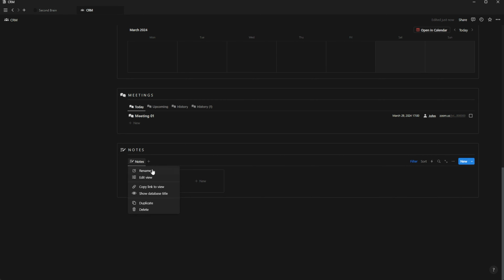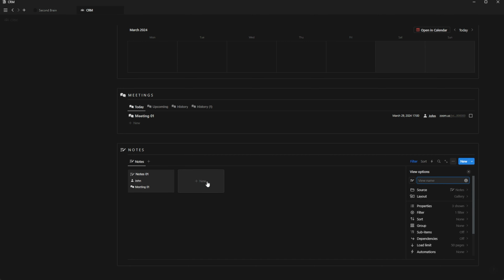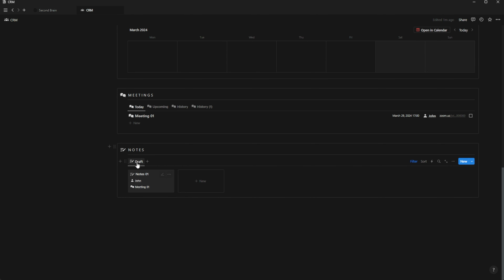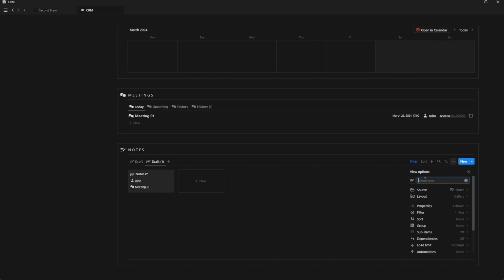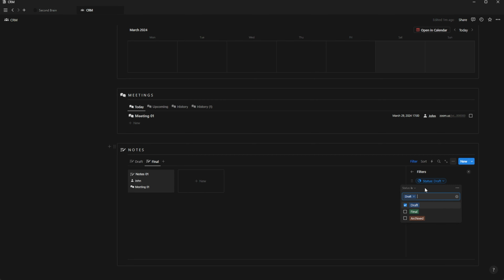So let's name these two. Perfect. Let's duplicate this view, and instead of draft, final, change the filter to final,